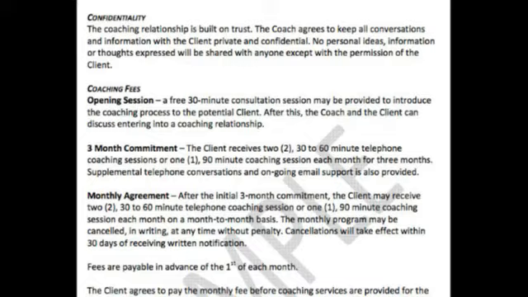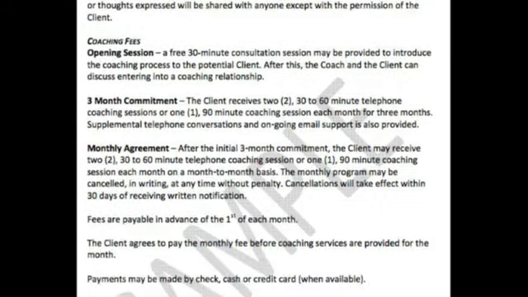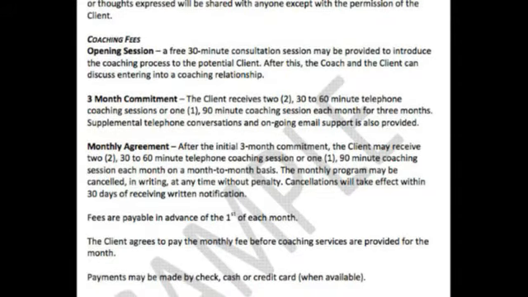They do have, this does say, you can pay by cash, check, or charge. I don't want you having any of your clients paying by cash. I don't know why someone would have that in there. So don't do that. You want a paper trail for all this stuff, okay? This isn't like a lemonade stand.